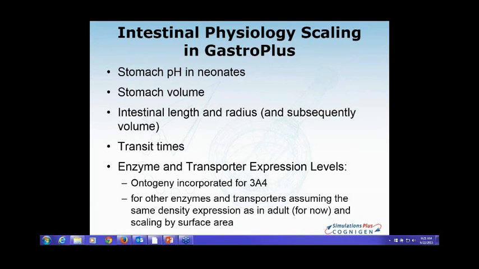From the different ontogeny that you just showed, it would seem that more or less everything is at adult level at around 10 to 12 years old. Hence, weight scaling would be enough. Is that correct? For the CYP enzymes, that would be a correct statement. By about 10-12 years old, you are close to adult levels. It becomes tricky below that because some enzymes do reach adult levels within 2 years. Some enzymes take 5 years. Some enzymes are at 10 years old.